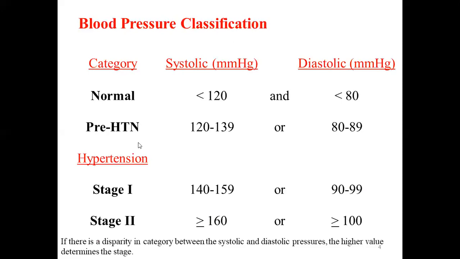If the systolic is between 120 to 139, or the diastolic is between 80 to 89, you can say the patient has prehypertension. In such a scenario, we don't initiate any pharmacological treatment. Pharmacological treatment will be initiated only when someone has stage 1